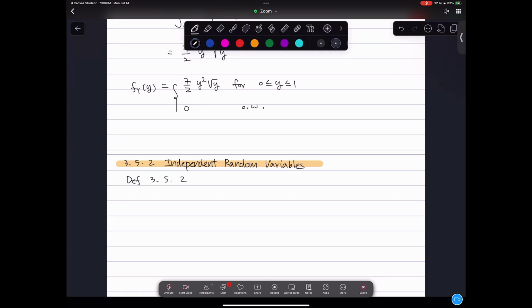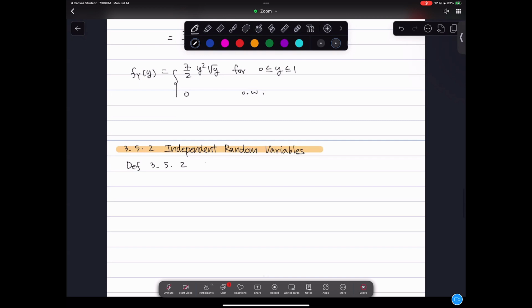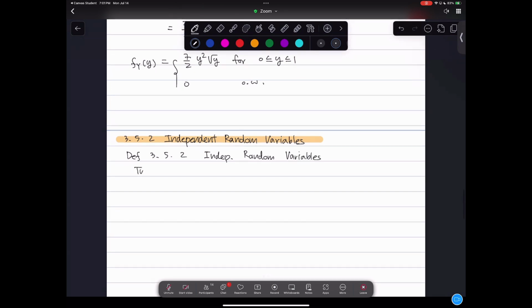So we're looking at this question as independent random variables. What does that mean? All right, so two variables, x and y, are said to be independent if